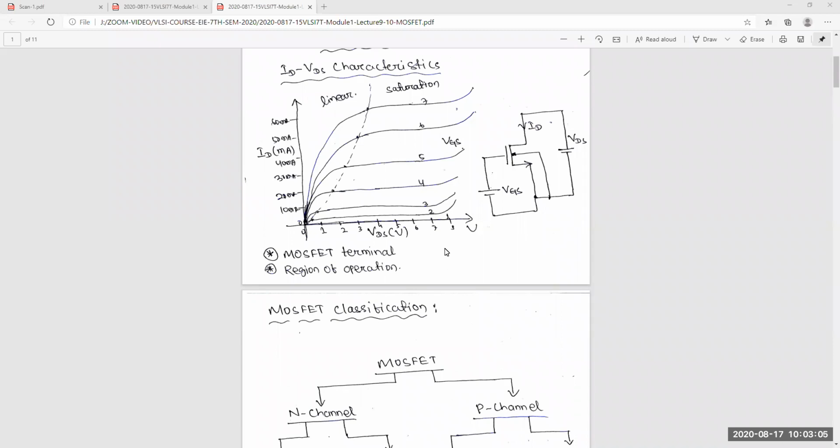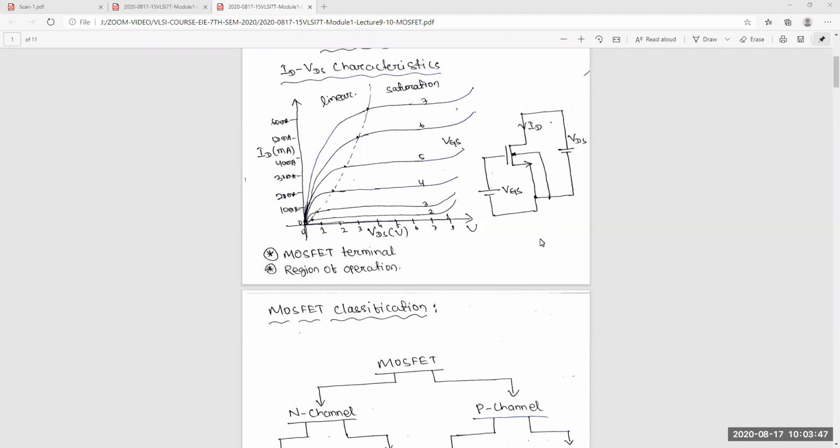The first important difference is that in a BJT, 3 terminals are there: base, emitter, collector, but here 4 terminals are there. The gate is analogous to the base of the BJT, the drain is equivalent to the collector, and the source is equivalent to the emitter. But the body is an extra terminal. With this body terminal we can do a lot in this MOSFET, because if we connect a supply between source and body, then we can change the threshold voltage also.